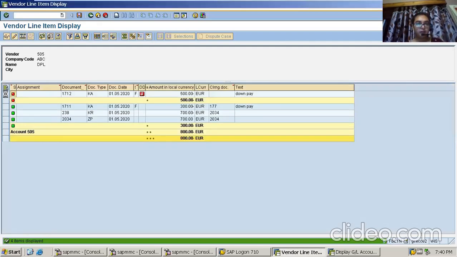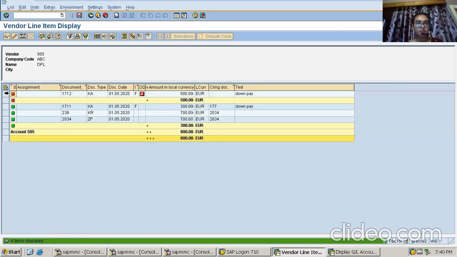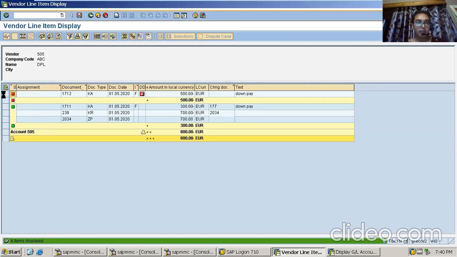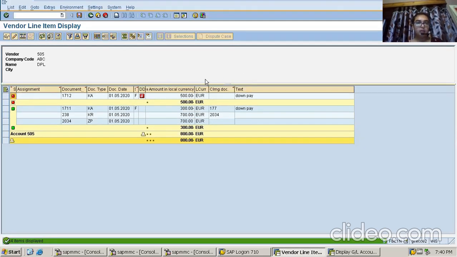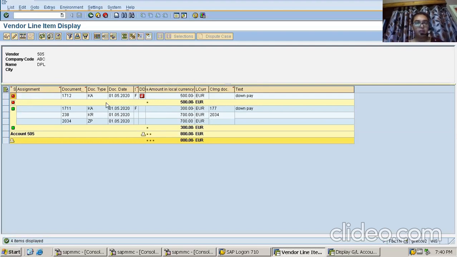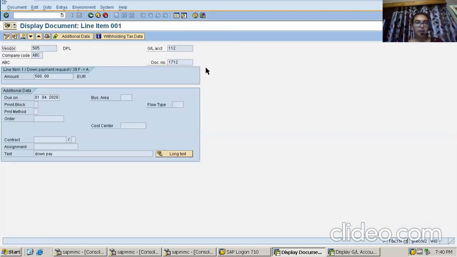See this one, 500 is our amount and this is being displayed perfectly. This is a noted item, and the system is a bit slow. It is a noted item because if I go inside, it is a request, it is not an accounting document basically, because I'm clicking on the overview option.